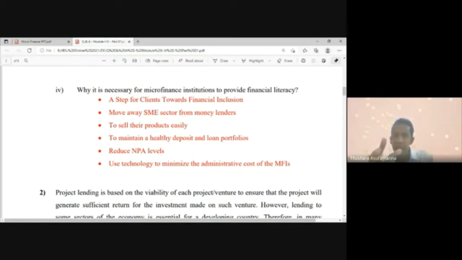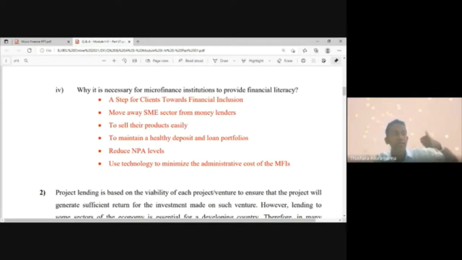So maybe the answer does not change much, but you need to be prepared before the examiner puts the question to us, because he has given this at the microfinancing level. Anytime he can change the question and ask about what could be the SME advantages of giving financial literacy. Most are common, right? Taking the first one from a microfinancing perspective, a step for clients toward financial inclusion, because financial inclusion is nothing but